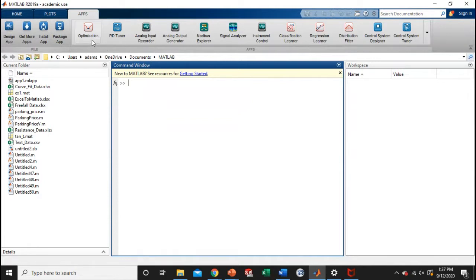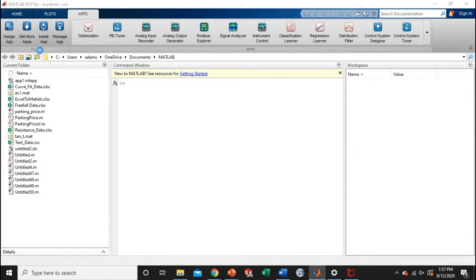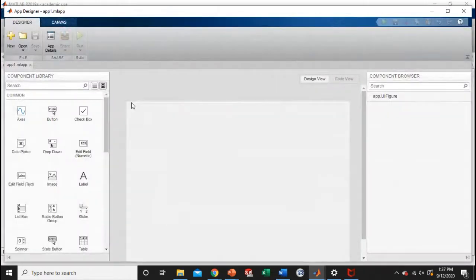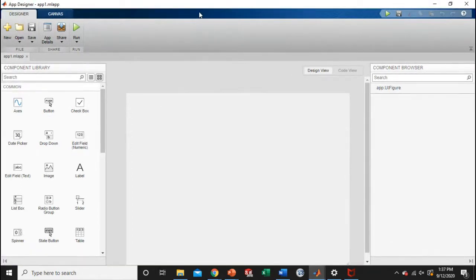Every iteration of MATLAB since 2016, I think, has been adding more and more. You could click on Design App here, and it opens the App Designer dialog. I just want to open a blank app and do something pretty simple. So how do I grab the gauge and the slider? Well, you look at this whole App Designer area here, and this center part under design views, there's